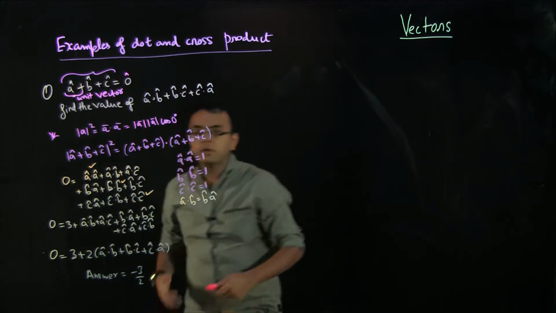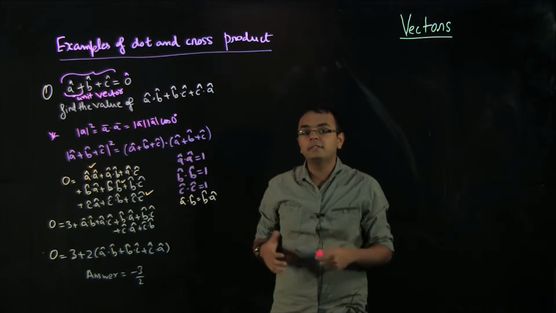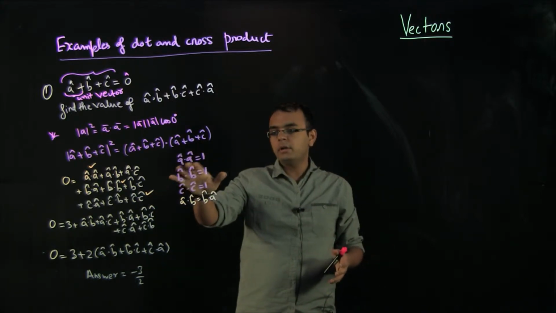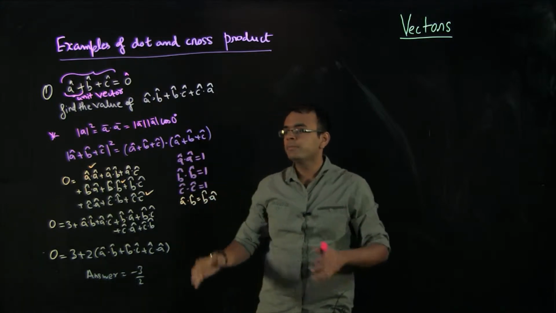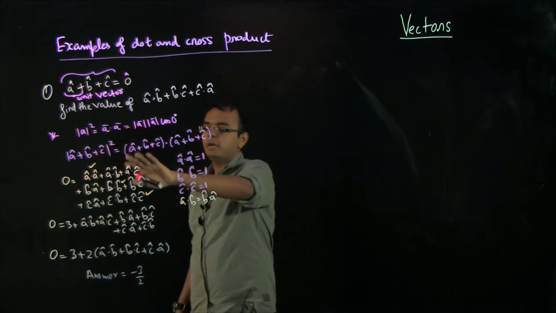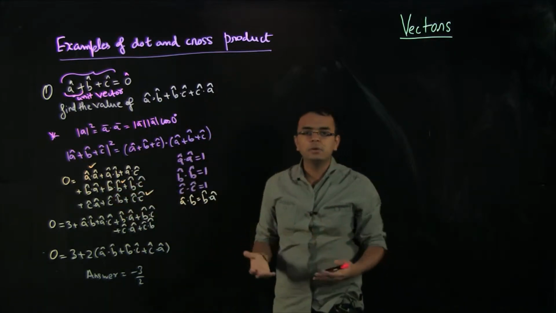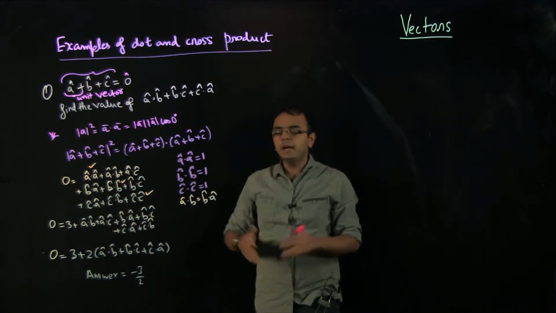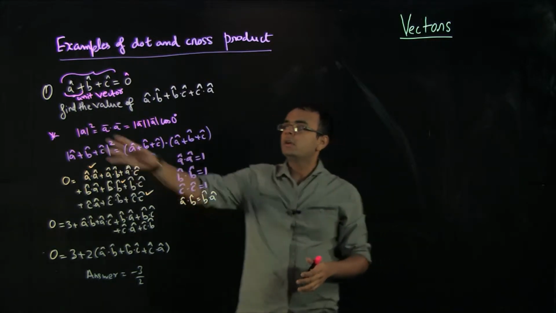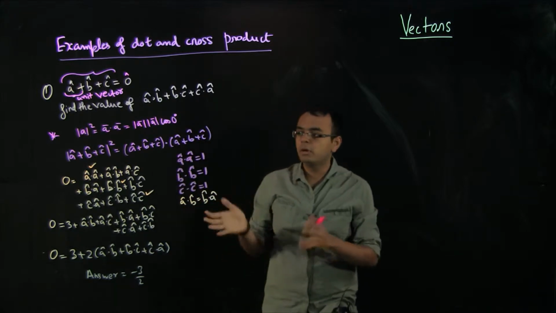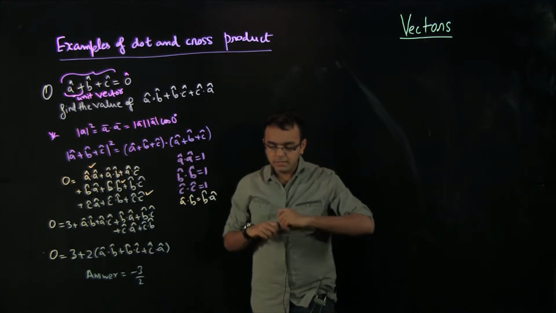This was just a quick example, but I went through it in a little more detail because I hope you can now realize that we are using a lot of things together, like unit vector: mod A dot A is 1, B dot B is 1, and so on, and then that mod A square is A dot A, and when you open the bracket we are using associative properties. These things will become natural if you practice questions, but the idea is whenever you see some relations like this and you have been asked to find a scalar value like this, then just take mod A square. Okay, let's do another problem.